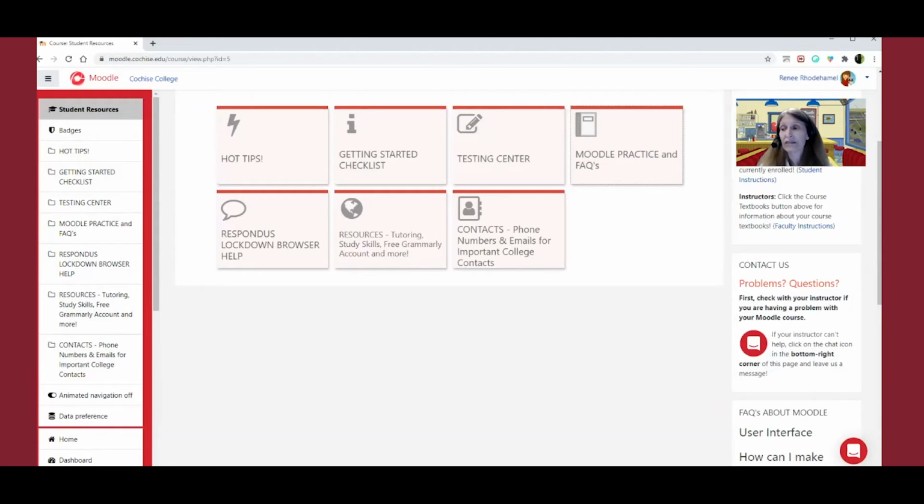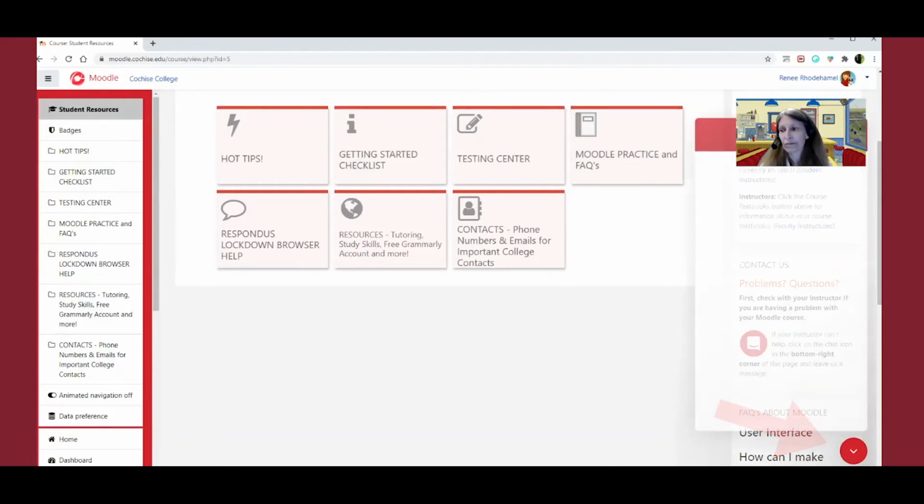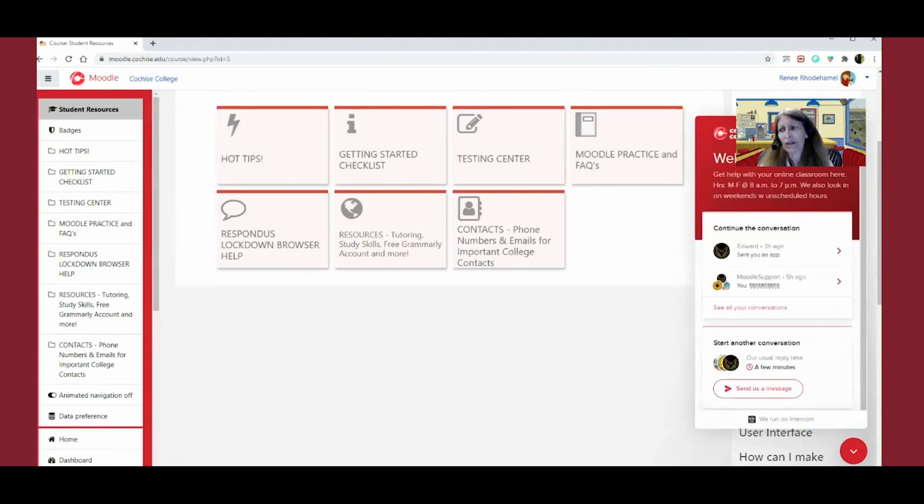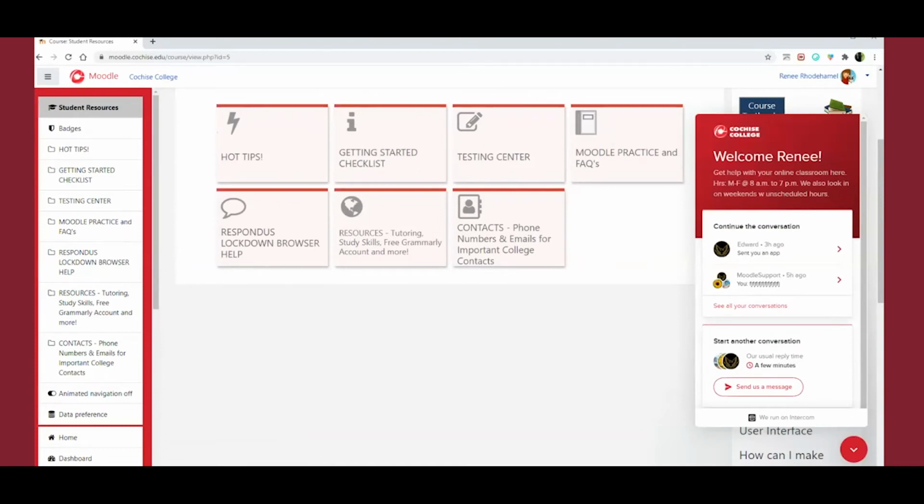But I will show you just by clicking over here. The live chat is in the lower right corner of every Moodle page. It's this circular red button here. Okay, and I know everybody's pretty familiar with how you use live chat. This one is a little bit unique in that you can return to these chats at any time. They also copy into your email if you have to leave before we answer you. And so that's really nice. You get a duplicate, a copy of our response in here as well.